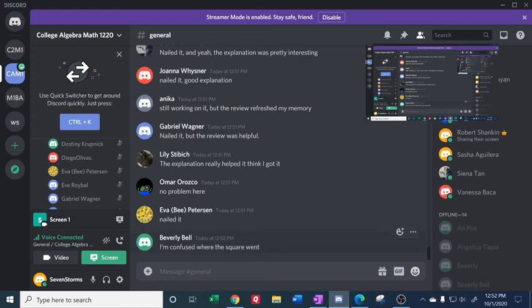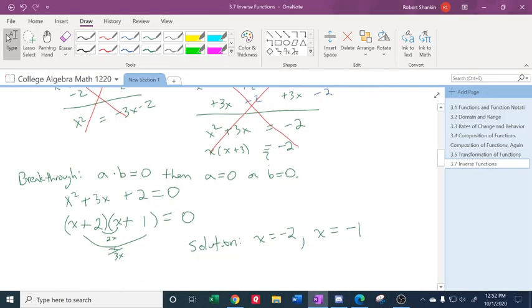Confused where the square went. Alright, let's go back and look. The square kind of gets hidden in here. If you FOIL all this out, well, let me erase this stuff. If I FOIL this out,